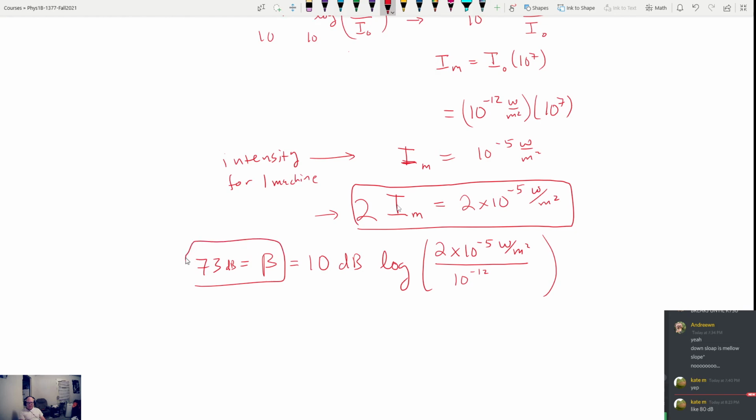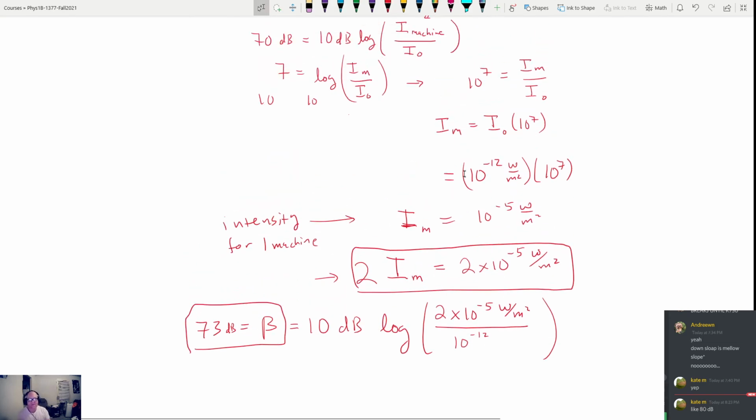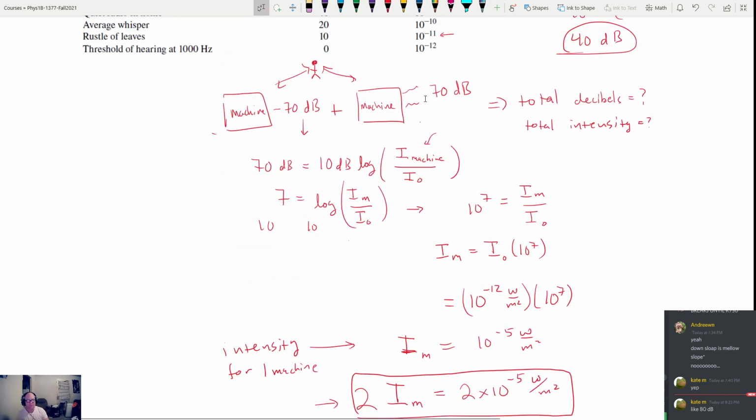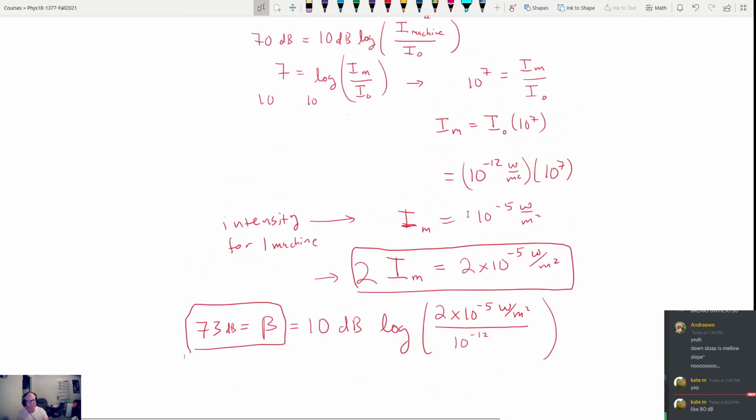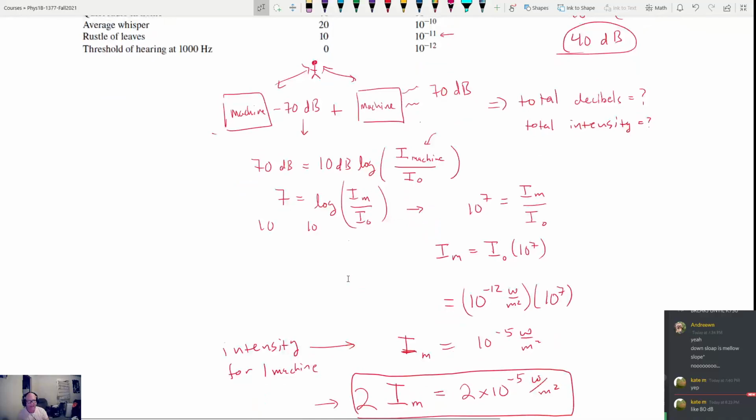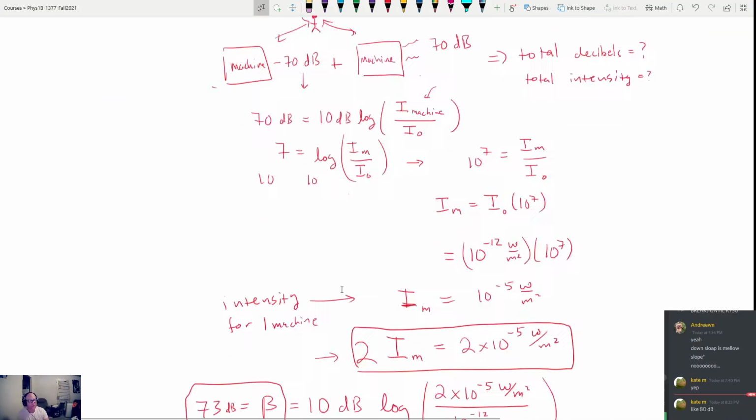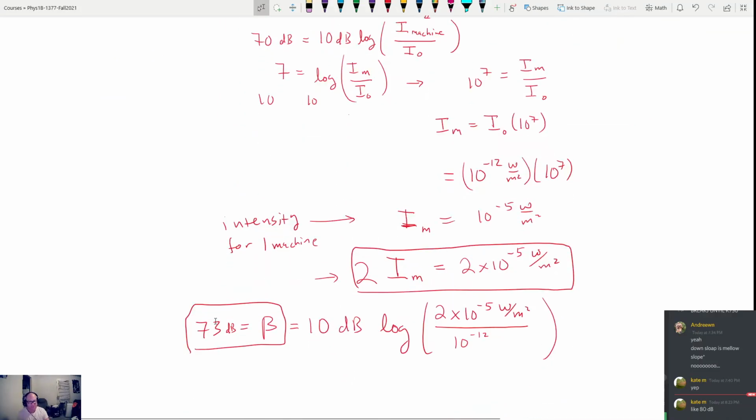So again, what were we talking about? We were saying, how intense is it if I have two machines that are 70 decibels? And the answer is, as long as I'm the same distance away from both of them, it's 3 decibels more. So if I were to add like 20 machines, each machine that I add is going to increase the decibel level, I believe, by 3 decibels. So 20 machines operating at the same time would be like 20 times 3 is